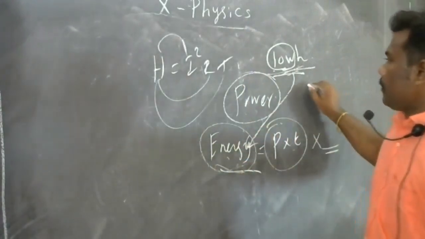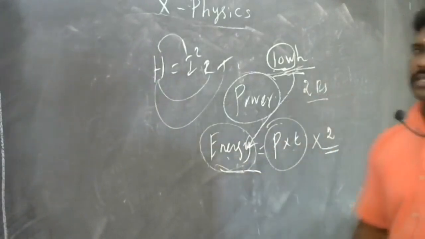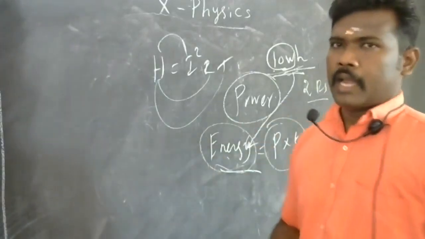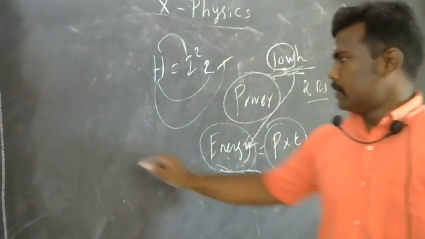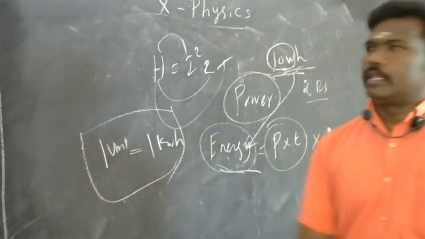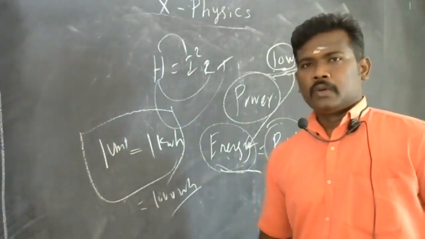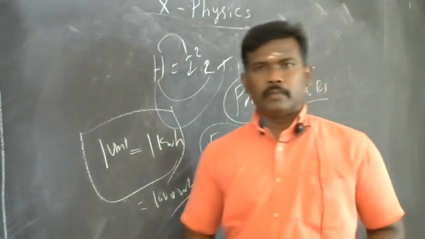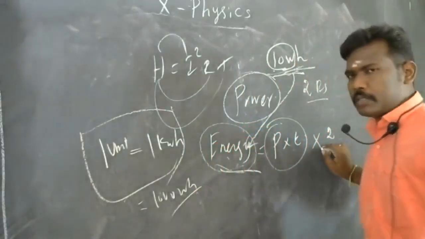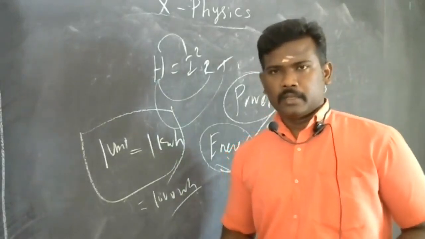If they give the cost per 1 unit as 2 rupees, you multiply by 2 rupees. Before multiplying by the given cost, you must convert the energy value into units. We know that 1 unit is nothing but 1 kilowatt hour, or otherwise 1000 watt hour. So whenever you calculate the energy consumed by a device, you must convert that total value into units. After that, you multiply by the given cost for 1 unit. So you easily get the total payment for the energy consumption of the devices.